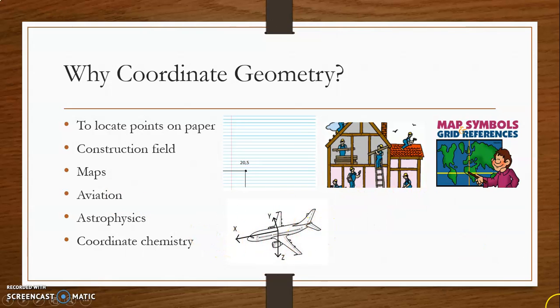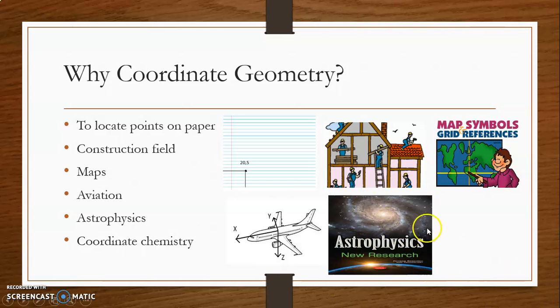Also, when we have to measure different distances in the universe between two heavenly bodies, we cannot use any measuring tape or Pythagoras theorem or any kind of mensuration to find the distance between two heavenly objects in the universe. We have to use some other method, which is coordinate geometry. We use coordinate geometry to launch satellites also, to measure how much above the earth they are. So for that we use coordinate geometry in the field of astrophysics.